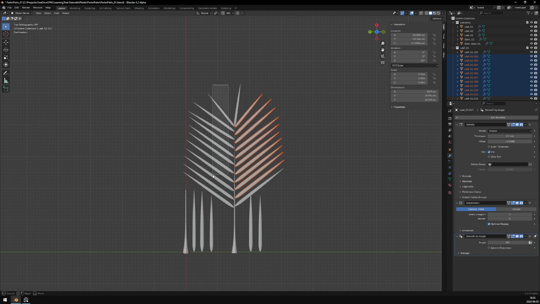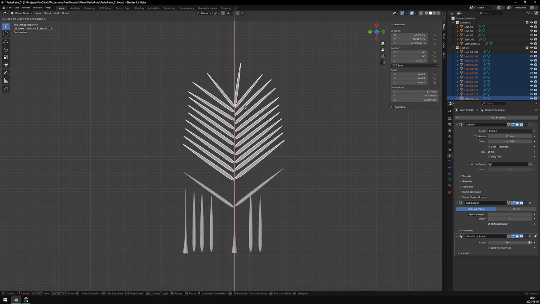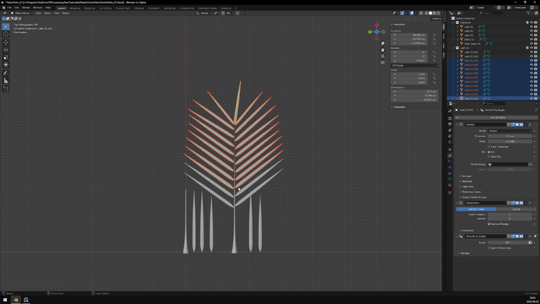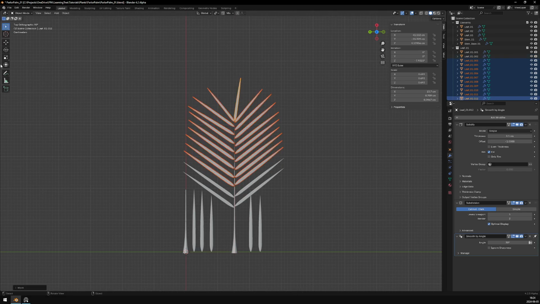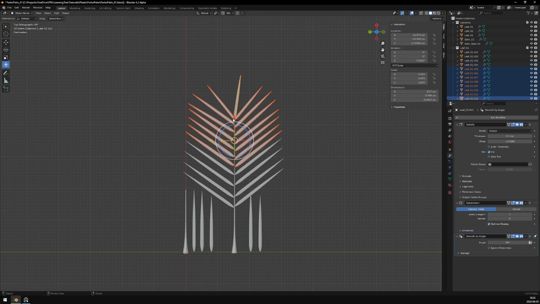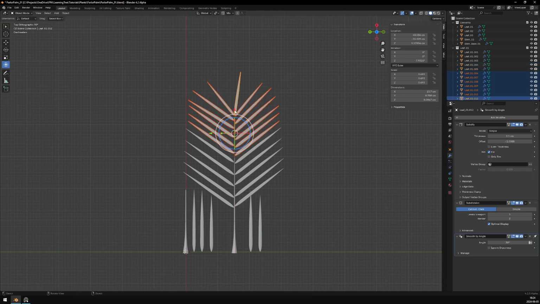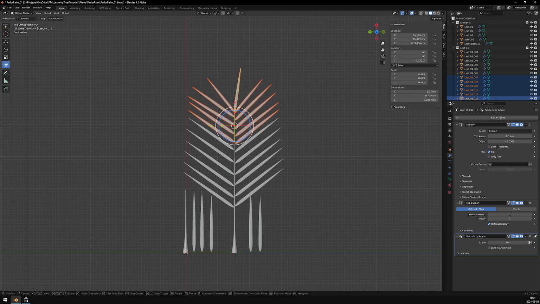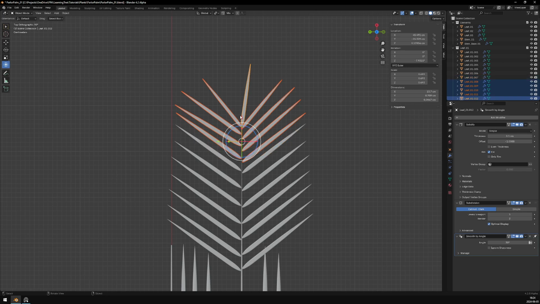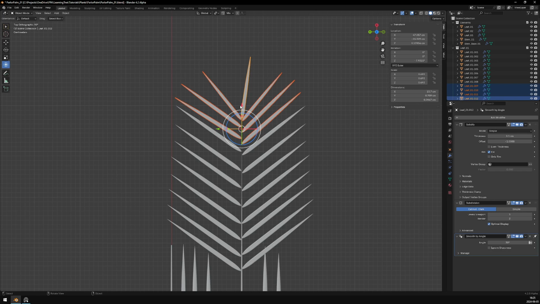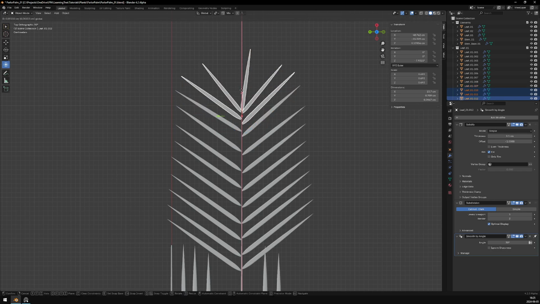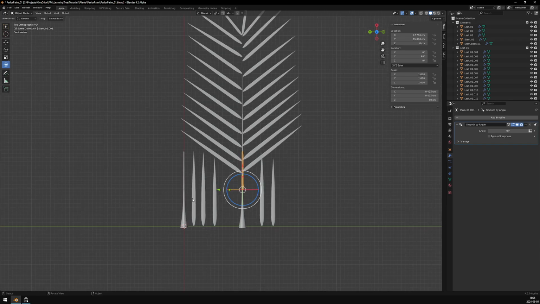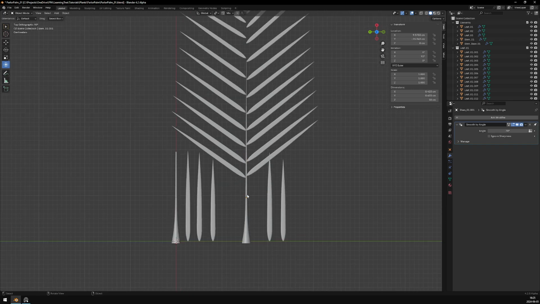So if we want to get the gizmo. Yeah. So for now, we can feel if it's too small or too big,